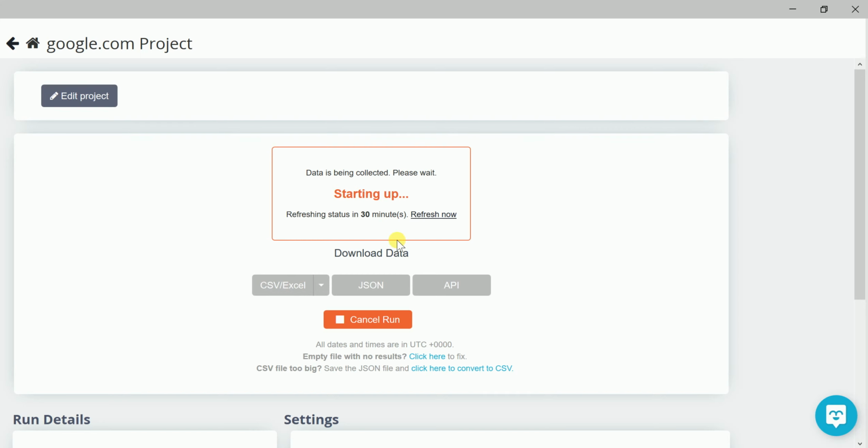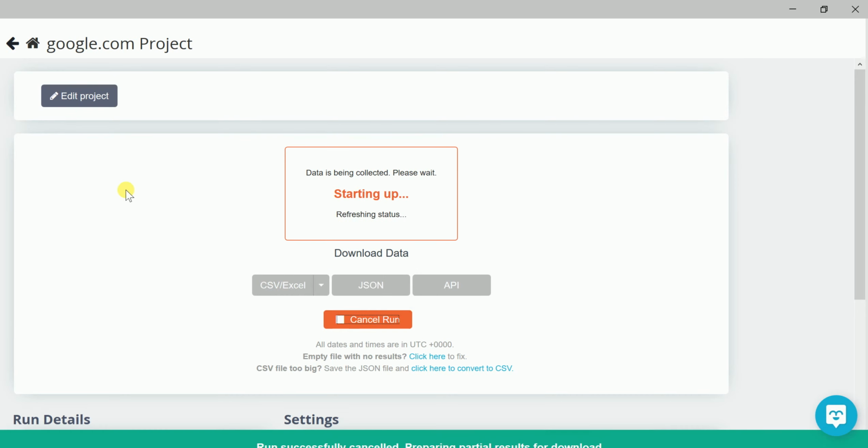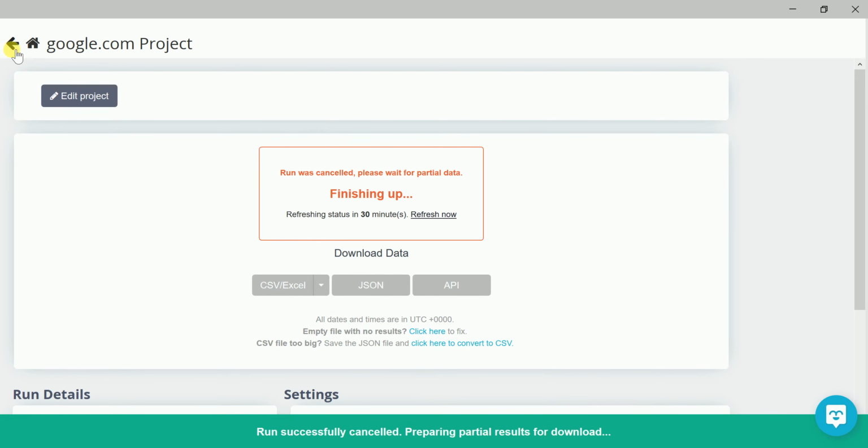So I have already exported the file. I'll show you that. As of now, I'll cancel because it will take time. It may sometimes take 4 minutes, 5 minutes, 10 minutes also. So as of now, I'm cancelling so that I can show you the Flipkart process also.